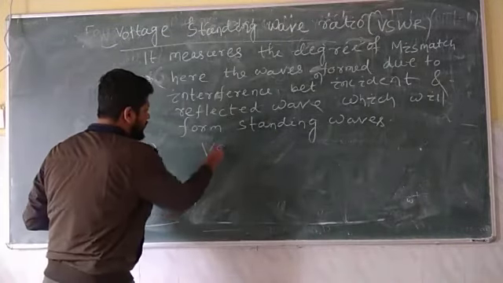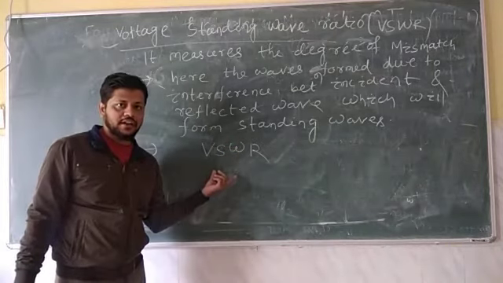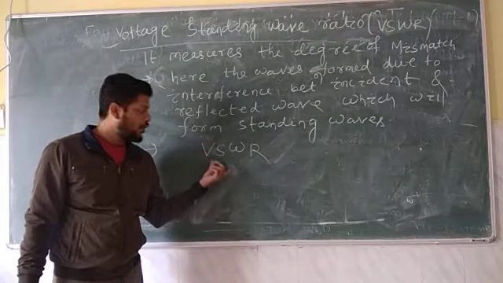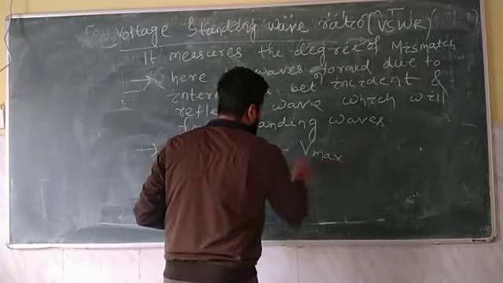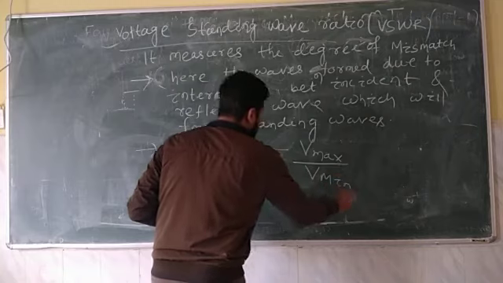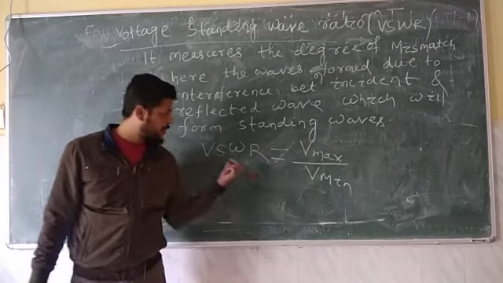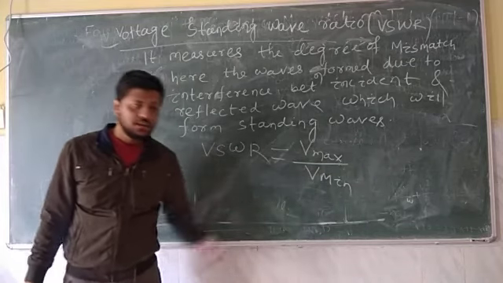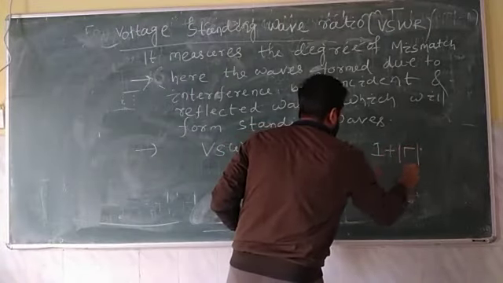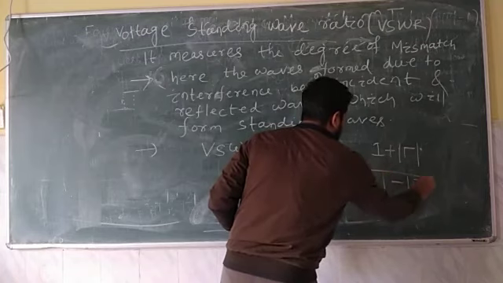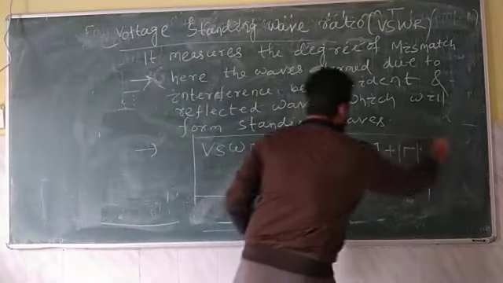Standing wave ratio or VSWR, because this is known as your voltage standing wave ratio. We can write here current standing wave ratio ISWR or VSWR. So VSWR is nothing but V max by V minimum, that is the ratio of amplitude of maximum voltage to amplitude of minimum voltage. So VSWR is mathematically V max by V minimum, which is nothing but 1 plus magnitude of gamma by 1 minus magnitude of gamma. This formula you need to remember, which is very important with respect to your numericals.